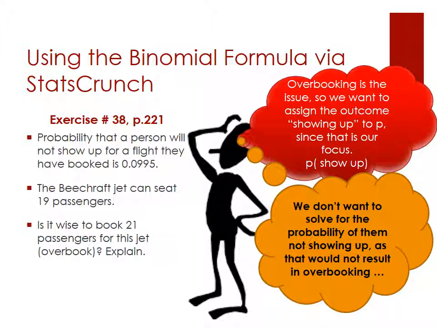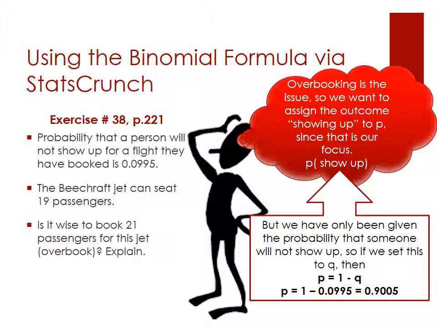So, since overbooking is the issue, we want to assign that outcome of showing up, which produces an overbooking, to our P. We don't want to solve the problem for the probability of people not showing up, as that would not result in an overbooking. That's not the problem we're trying to solve here. So notice we have to pay attention to what is the problem we're trying to solve to determine what we should set for our P and what we should set for our Q. So with our P set for showing up,